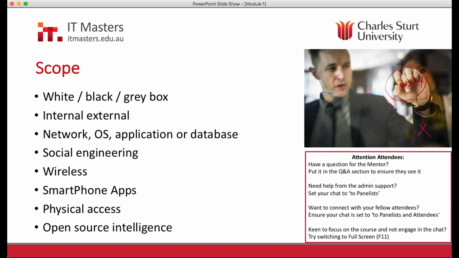So someone who's coming from the other side of the world and doesn't know the environment at all tries to break into the environment. It's important to look at it from that perspective as well, because you may go to the natural weaknesses you know about without thinking of what's actually exposed to those who are the bigger threat. And then the grey box is a mix of that: you don't know all of it, but you try and break in with that knowledge. You might provide the pen tester with some of that knowledge as well, so that they can speed up their engagement and cost you less money.